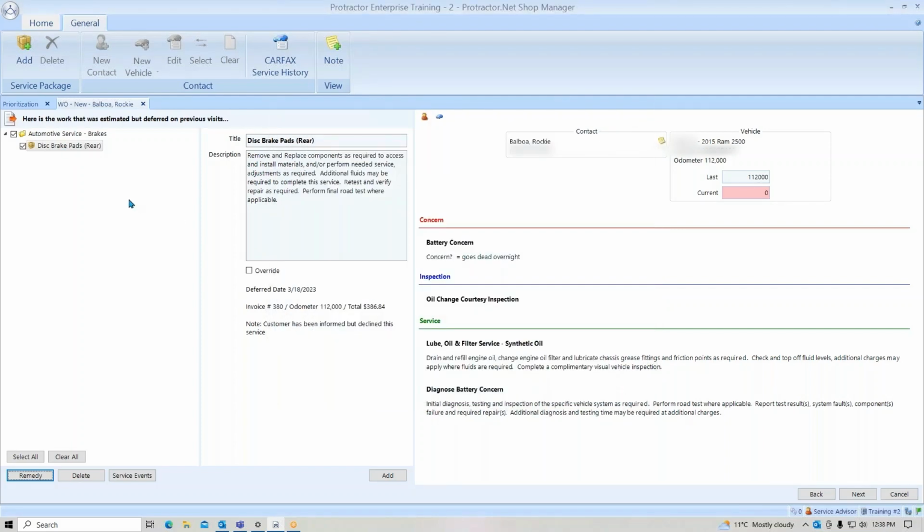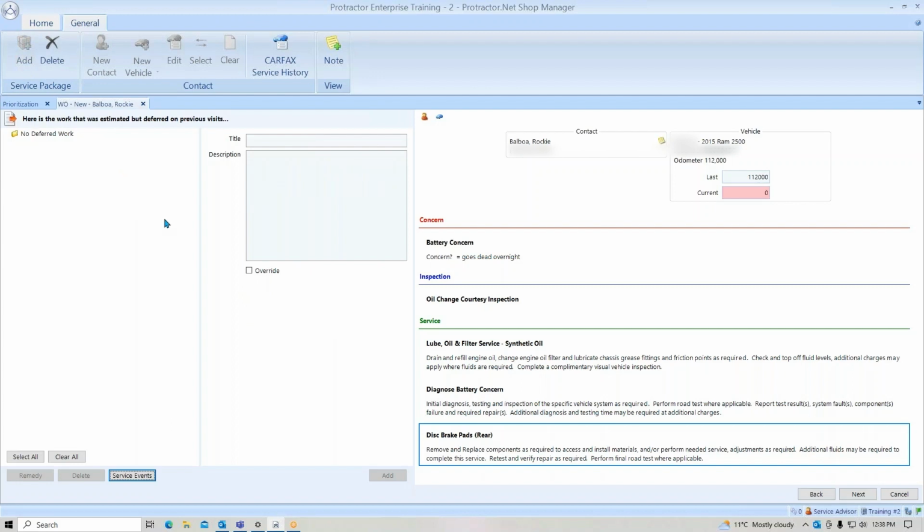And the most common thing you're going to do here is they say they want to get this done while they're here. I'm going to add it to the new work order. So that removes it from the deferred, and now it's on the new work order. You'll notice there's a last mileage up here on the right side and a current mileage. Always try to get the current mileage if at all possible. The reason being is going to be for the next screen. So when I hit next,